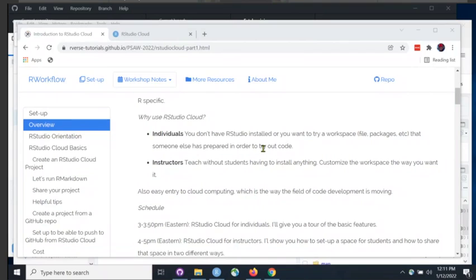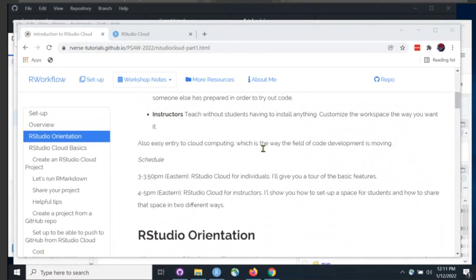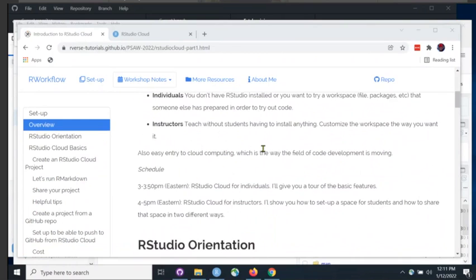For individual projects or just sharing with a couple people, the free version actually works fine. You get about, I think, 25 hours a month of computing time, and that's generally plenty. It's not a very powerful machine, but as long as you're not doing heavy computing, it works pretty well. And then another thing to keep in mind is I would say it's a really easy